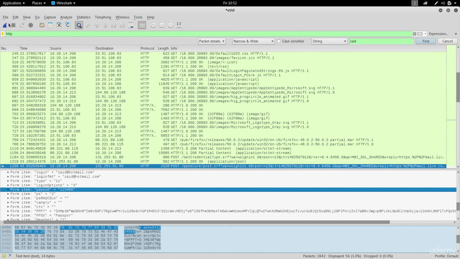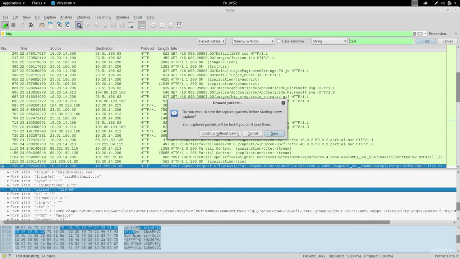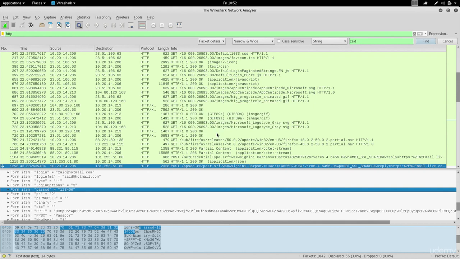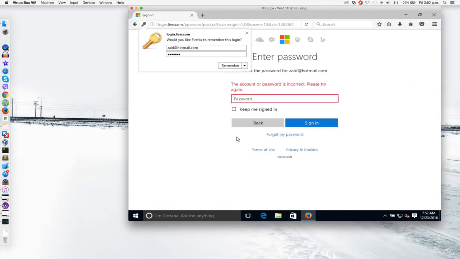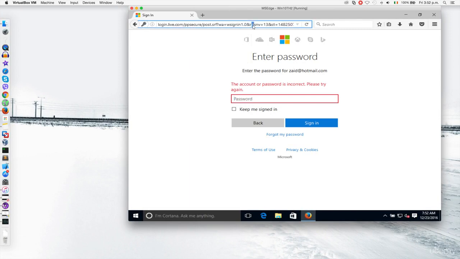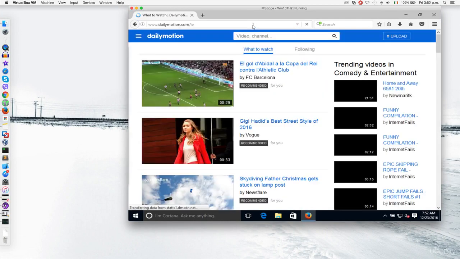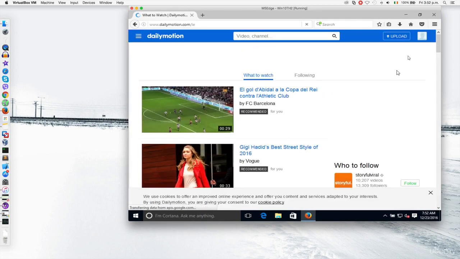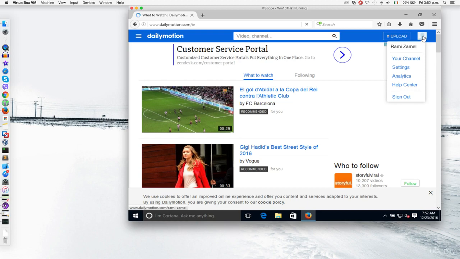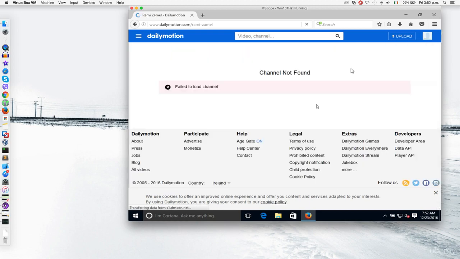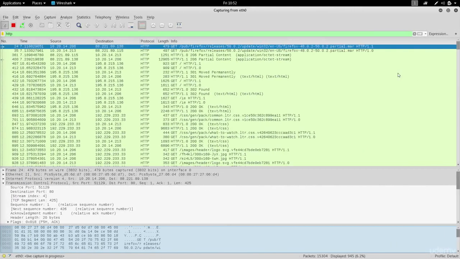Now let's start a new capture and see if we can actually capture the cookies. So I'm gonna again continue without saving. I'm gonna go to my Windows machine, and I'm gonna go to Dailymotion, which I already logged in before. And as you can see, it's not asking me to log in because I've already logged in, and it already has a name here. So I'm just gonna go to this channel. Now it's just a fake channel that I created just for this lecture. Now, if we go to our Wireshark right here and stop the capture